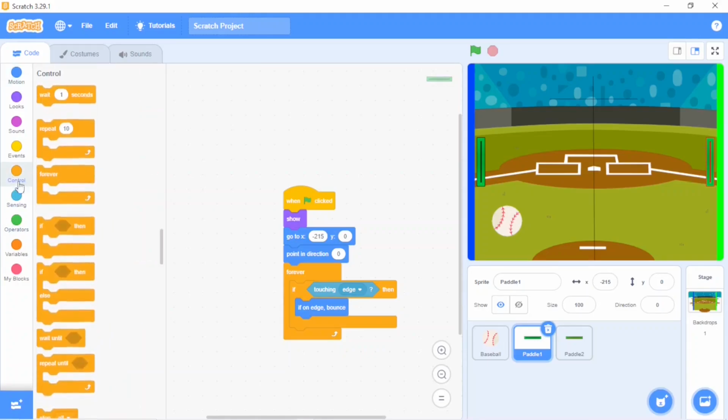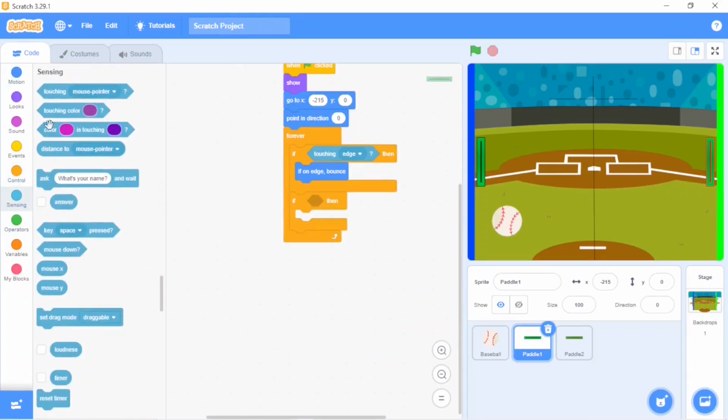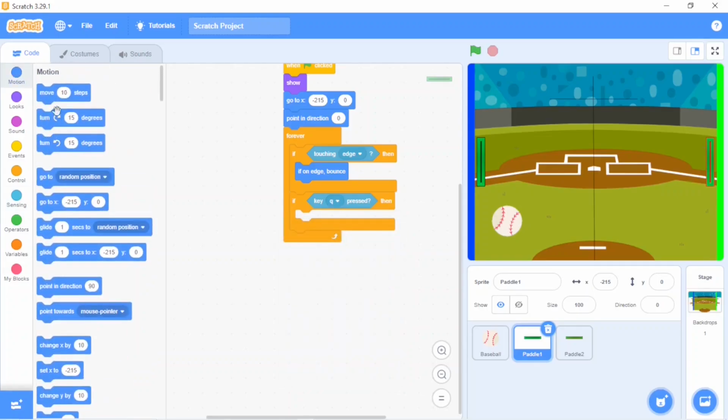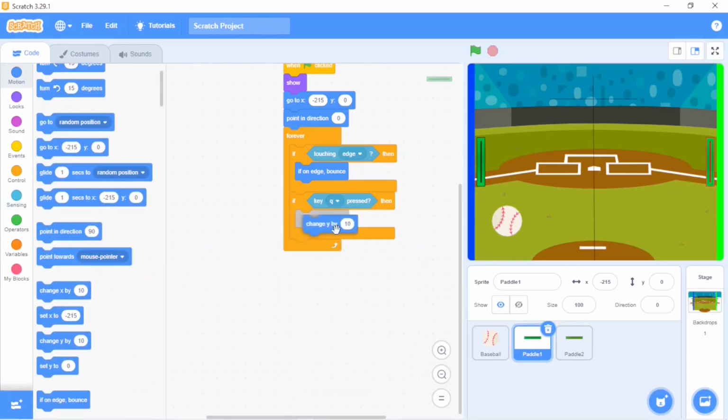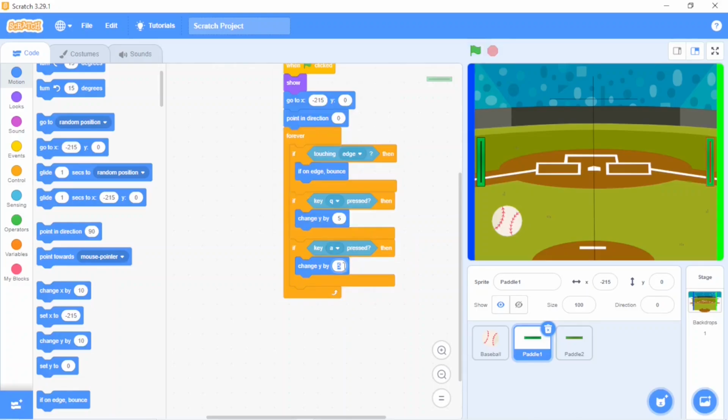And now go to control, if then, sensing, key Q pressed, this Q, motion, change Y by 5. Duplicate this, put it over here, select A, change Y by -5.